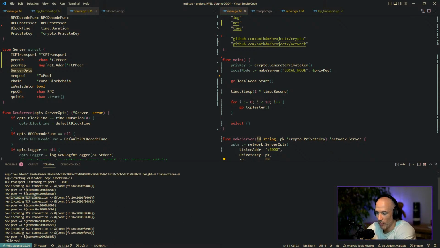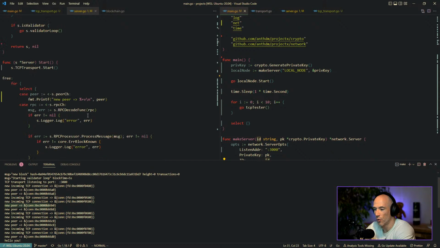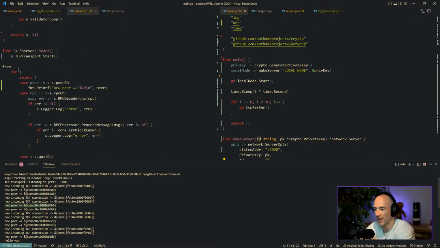So we get these new incoming TCP connections, and then we say new peer. This is actually the important message. This is the new peer, and that's basically from our server loop here. This is this thing. With channels we communicate, and